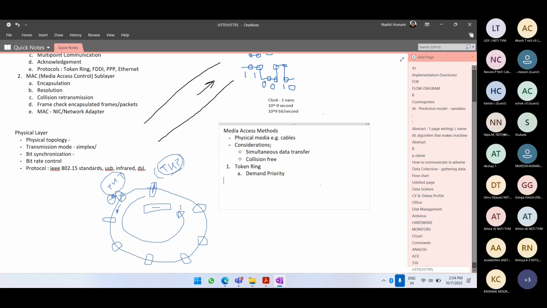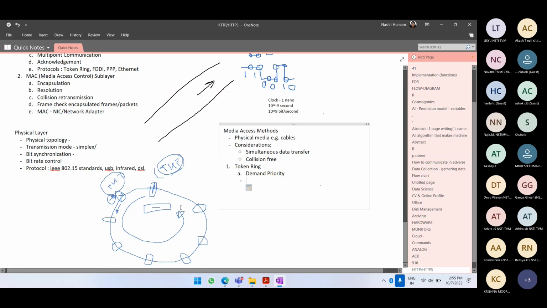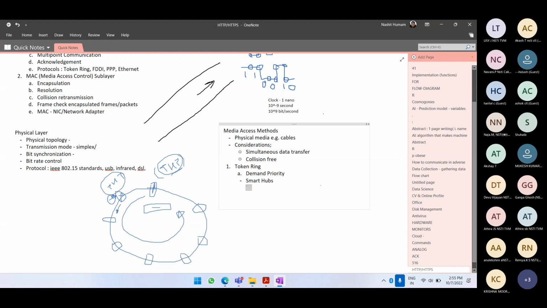in that case, we might define this demand priority kind of algorithm. Now what happens with this demand priority is we implement it using something called smart hubs. Fine. So a smart hub will implement the priority. Now what happens is all the devices which need to transmit will send their requests to the hub,